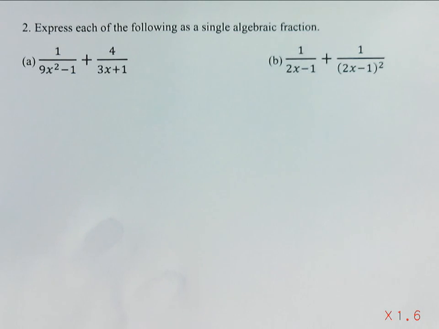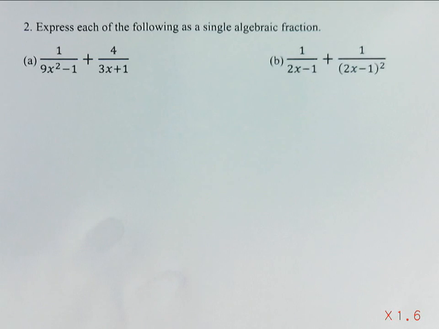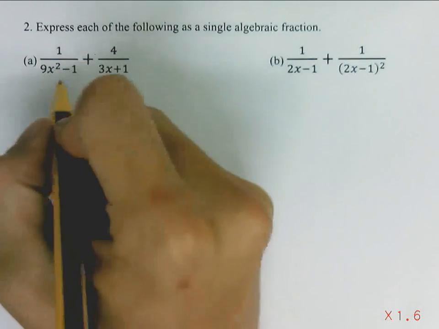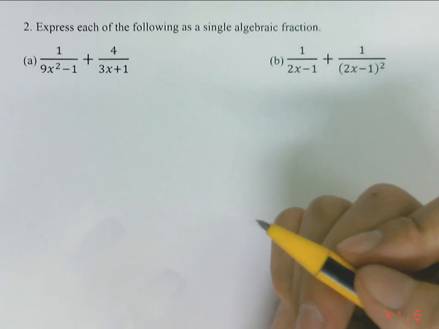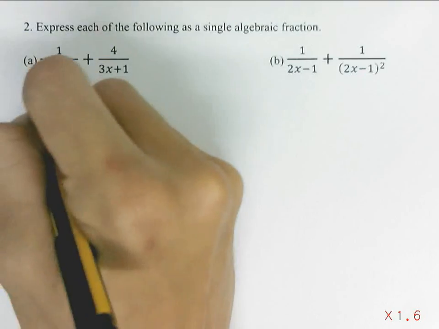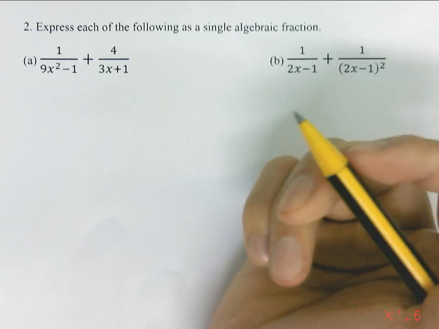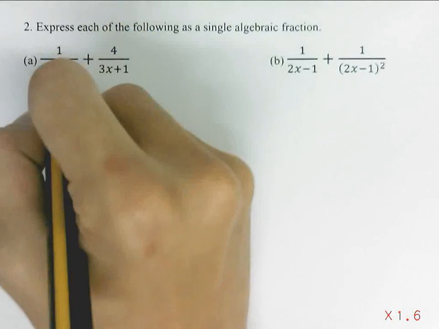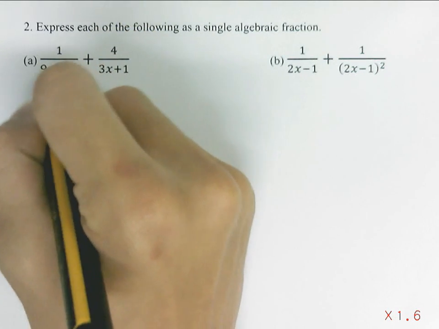For question 2, we have to express both answers in algebraic fractions. So for fractions with different denominators, we have to find a lowest common multiple to represent the denominator. So in other words, we are trying to combine both fractions into one. First of all, we look at the first term. Its denominator is in